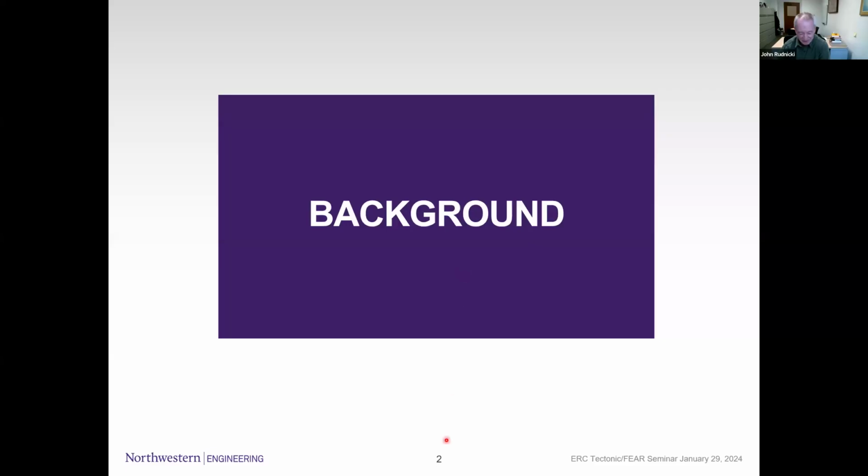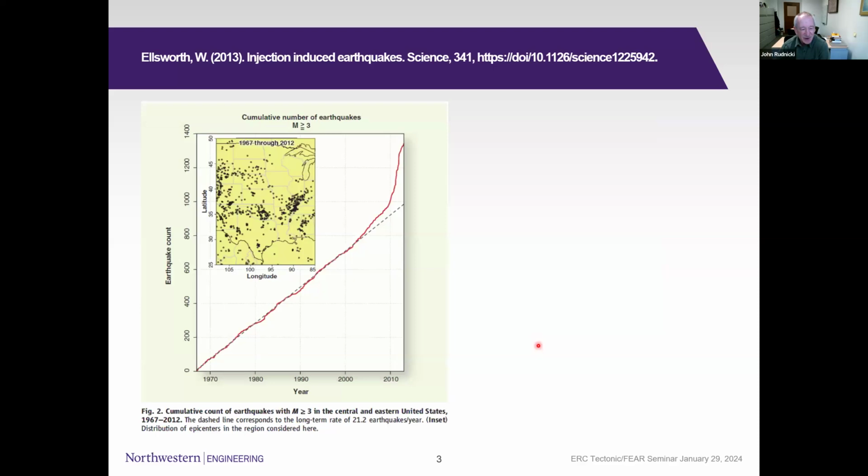In the 70s. But more recently, there's been a lot of seismic activity caused by technological activities. And probably the clearest, most dramatic example is shown in this slide from Bill Ellsworth, which plots the earthquake count in mid-continental US against time. And you see this hockey stick-like increase in red against the background rate that's existed for